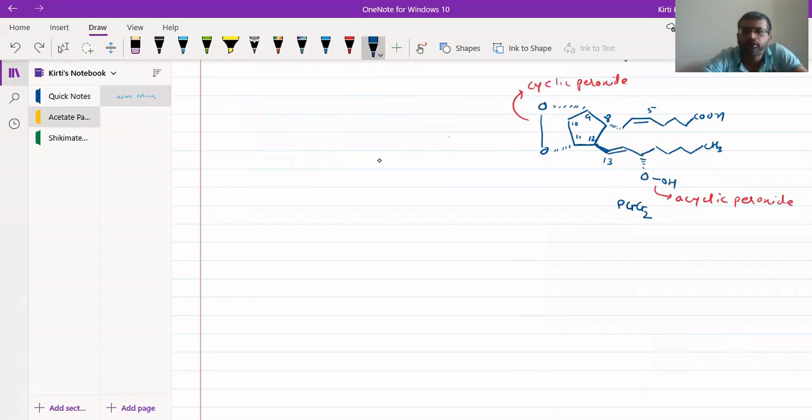PGG2 can undergo a hydrolysis reaction. So it will be undergoing hydrolysis reaction in presence of peroxidase enzyme. Peroxidase enzyme में हमारा ये जो acyclic peroxide है, it will get hydrolyzed और cleavage of acyclic peroxide will happen. Cleavage of acyclic peroxide will result into formation of